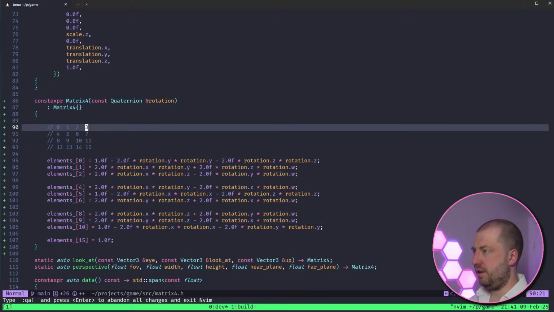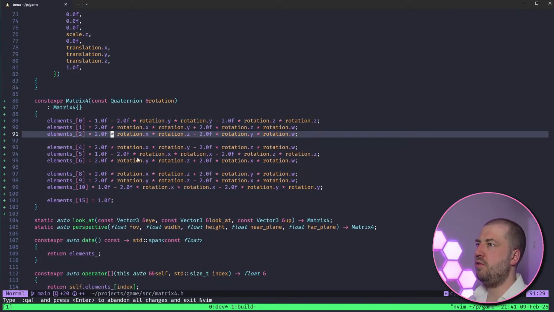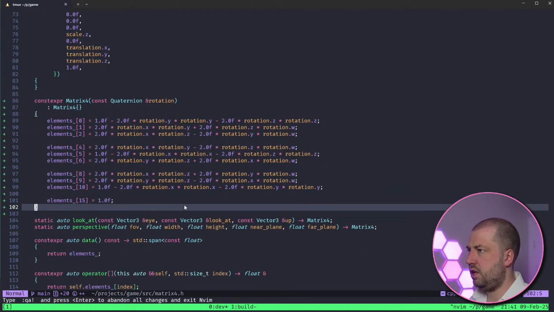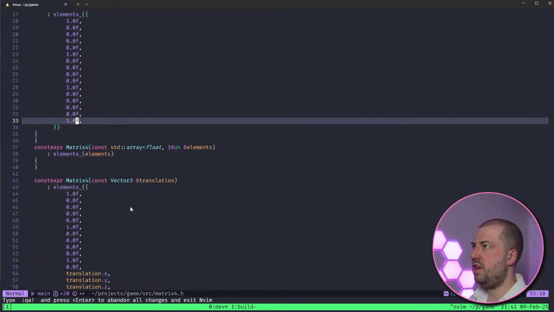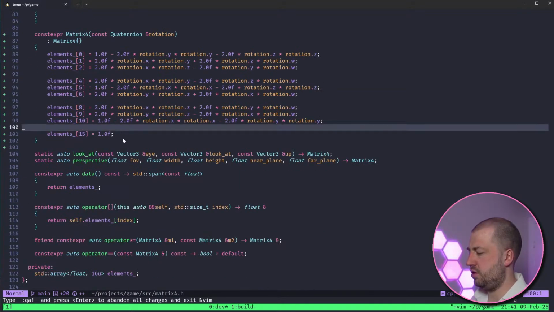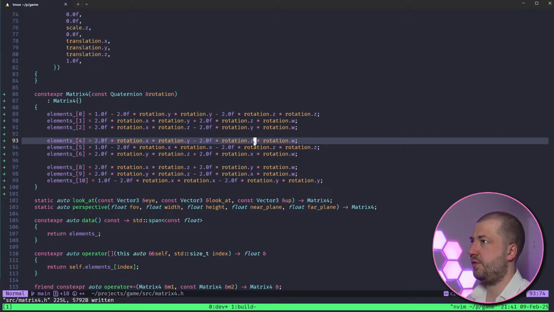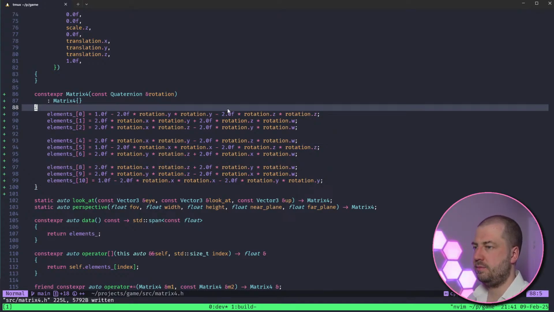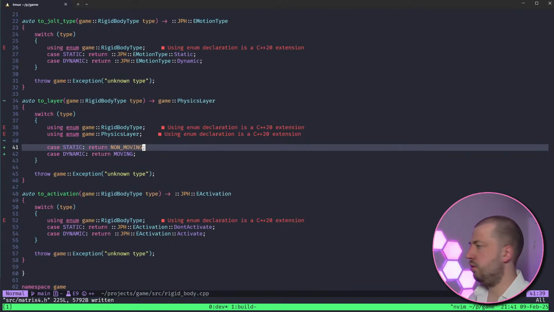Okay. What could possibly go wrong? I don't need this either. We trust the process because 0, 1, 2, 3, 4, 5, 6, 7, 8, 9, 11, 12, 13, 14, 15. We default initialize to the identity matrix, to keep things simpler. I mean, that is maths. Can't argue with that. Straight up maths. I've totally lost the plot now. So rigid body,